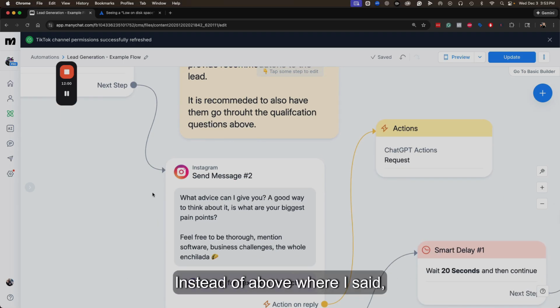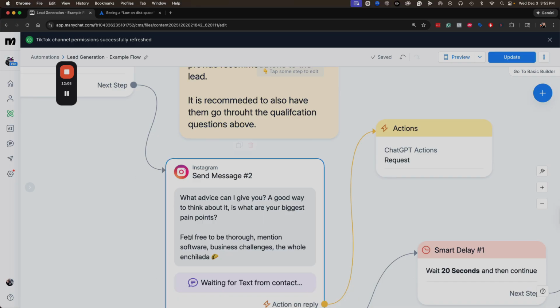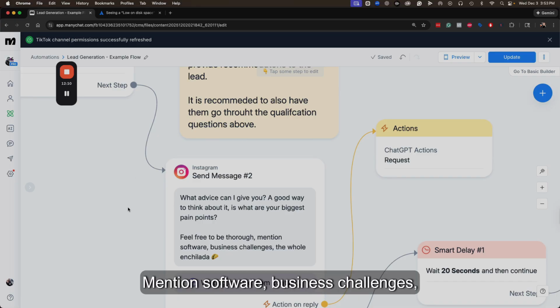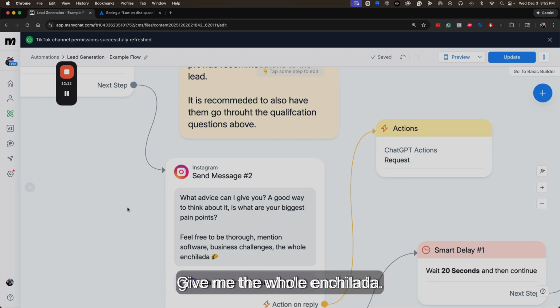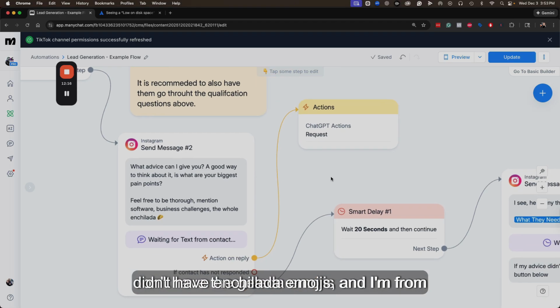So what you can do is ask a more conversational question. Instead of above where I said, what is your industry? Pretty straightforward. This is like, hey, what advice can I give you? A good way to think about it is, what are your biggest pain points? Be thorough. Mention software, business challenges. Give me the whole enchilada. I had to use a taco emoji because they don't have enchilada emojis, and I'm from Southern California, and those